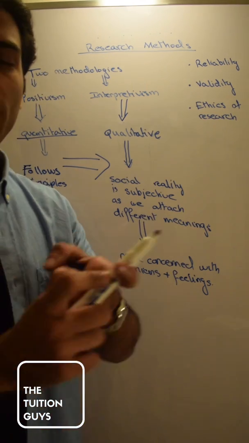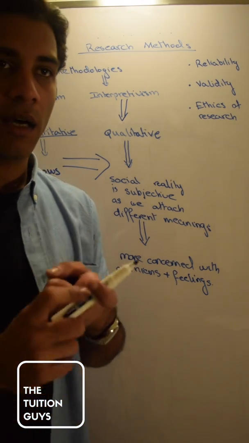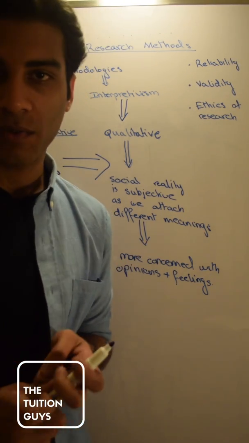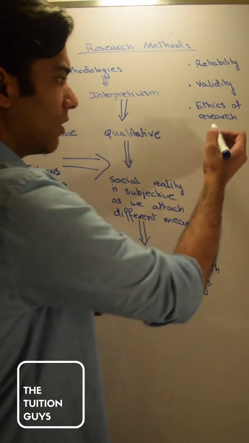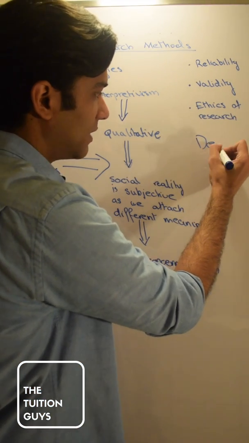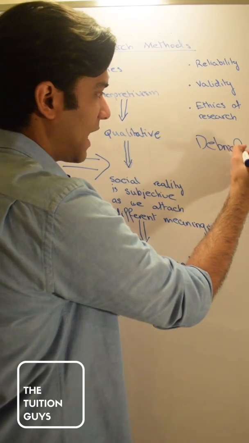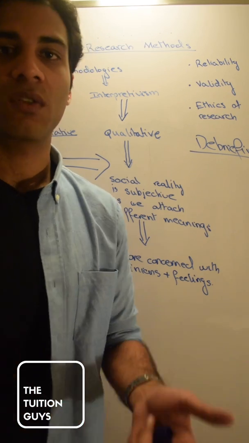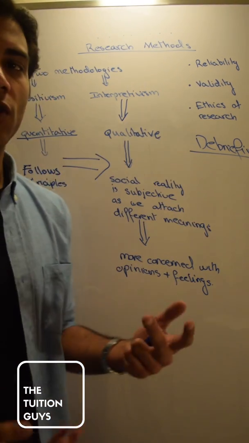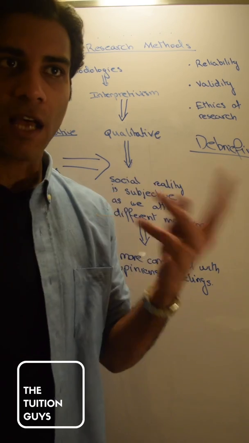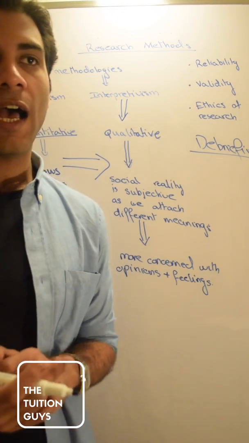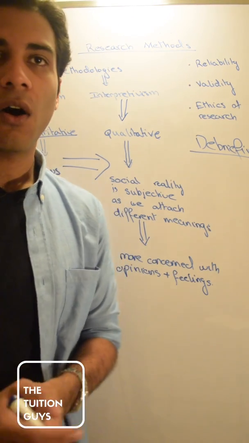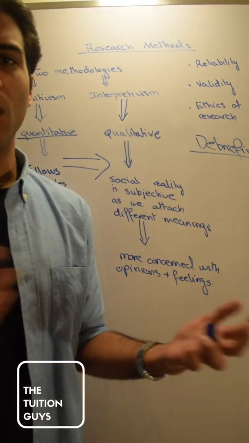That is, the people you're researching, you must inform them of the true nature of the experiment. Or if you don't inform them of the true nature, you must carry out what is known as debriefing. That is, once the experiment is completed, you inform them that this was for an experiment. You also have to make sure no one is subject to any psychological or physical harm, and you must make sure that you don't use underage individuals or people who are sick or something